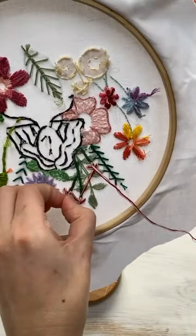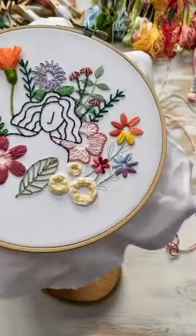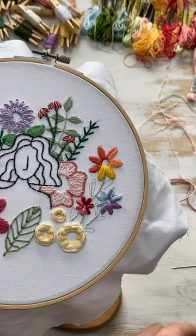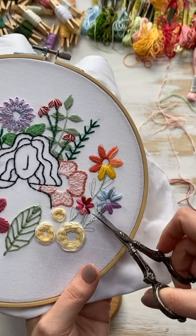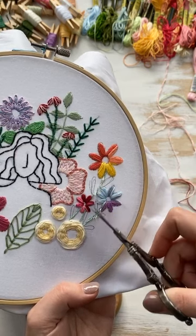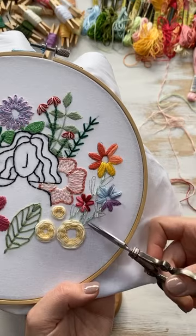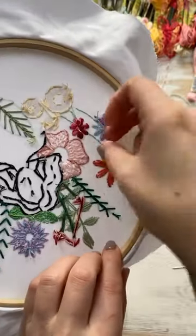Goodness gracious, I knew there was a knot there. Okay. So actually, whilst I'm at it, I might take this out and redo it because I think the 3 strands looks a little too sparse. Obviously, that's the end of today. You can keep watching, obviously, if you want, or you can crack on and do your own. But I think this looks a little too,